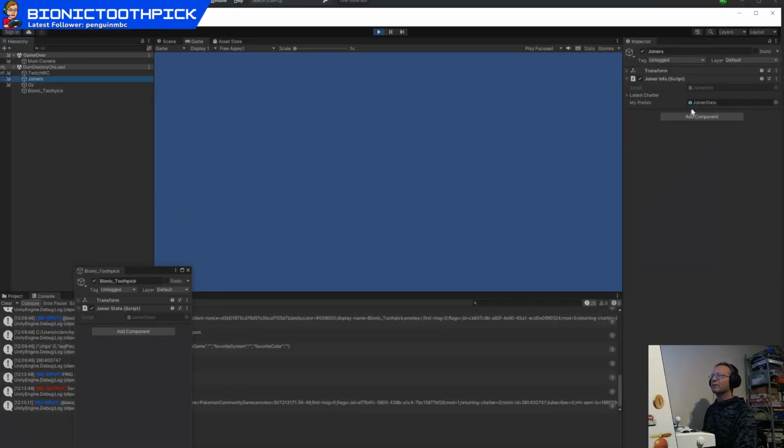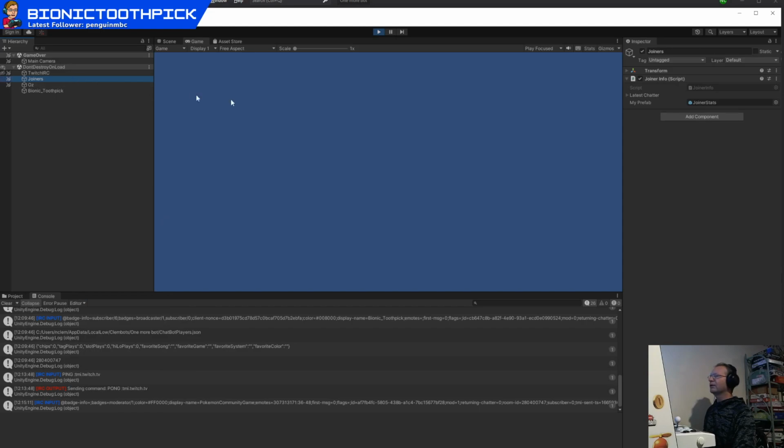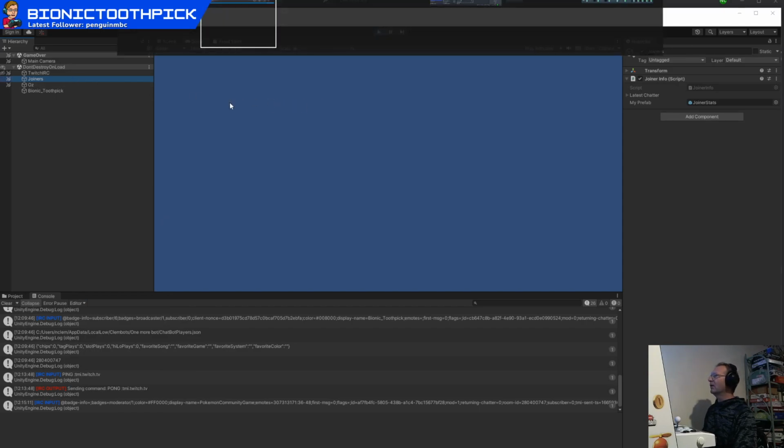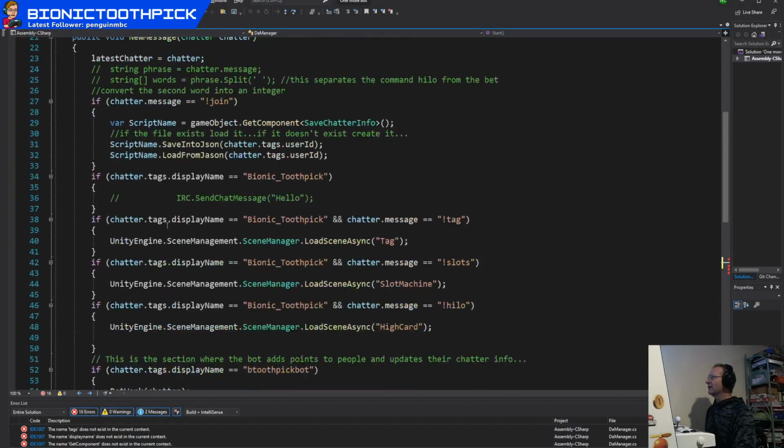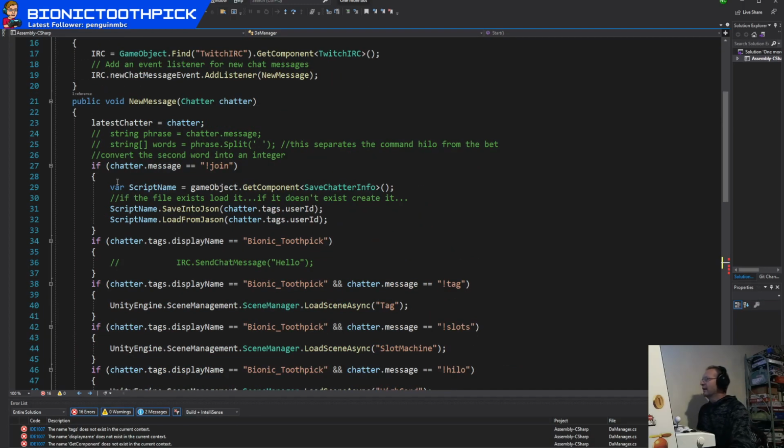See where it says joiner? No. Oh, I know where it is. It's in the control one. It's in the boss, the manager right here. They type join. If the chatter message equals join, var script name equals game object save chatter info. Script name save into JSON chatter tag user ID script name. If chatter message equals join,